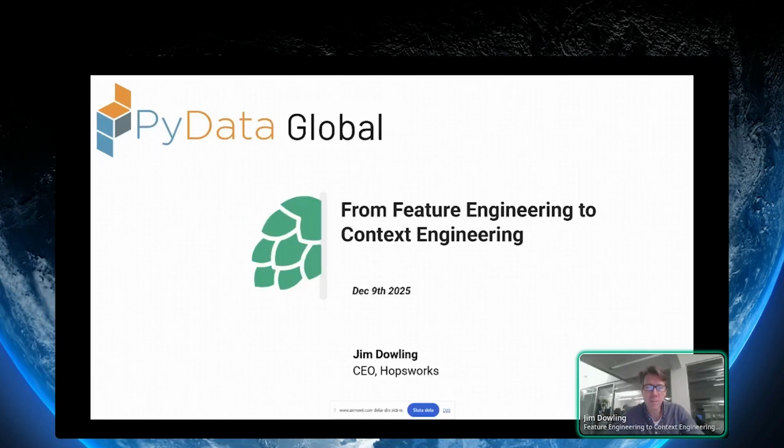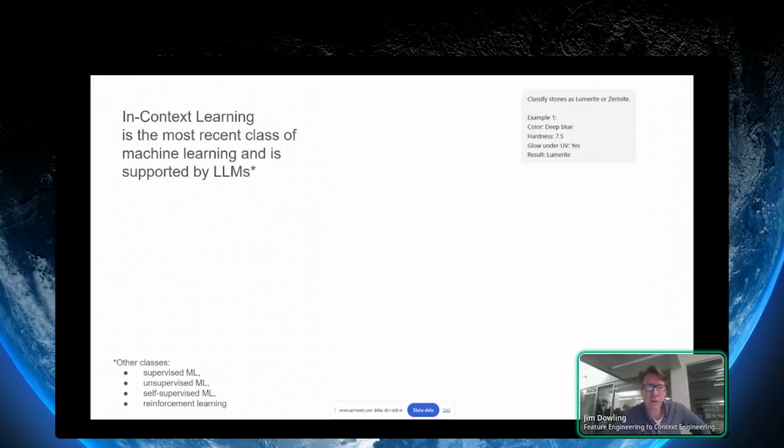I'm going to talk about the journey from feature engineering to context engineering. Many people at PyData have a background in machine learning. They're interested in building agentic systems. I'm going to talk about a lot of the techniques from feature engineering that are applicable to context engineering, in the context of building agentic applications. So I'll start with the fundamentals, which is there is a new class of machine learning